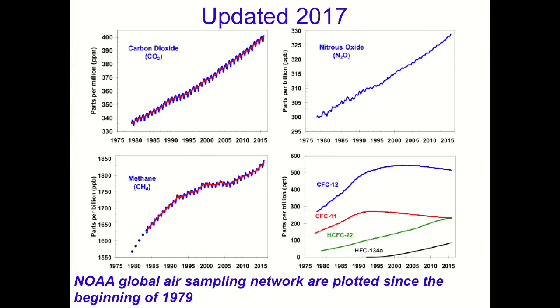Simply show the continuous increase in CO2, continuous increase in nitrous oxide. Methane is an interesting one. There was some hiatus in the growth rate, as you can see, between 2000 and 2005. And there are lots of arguments over what that is, and if you want to find out more about that, try and do one of Dr. Grant Allen's projects, and he'll explain all that to you in detail.